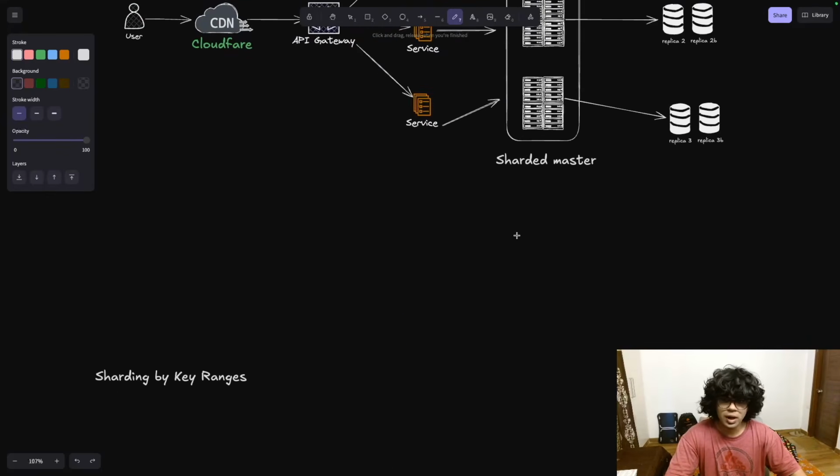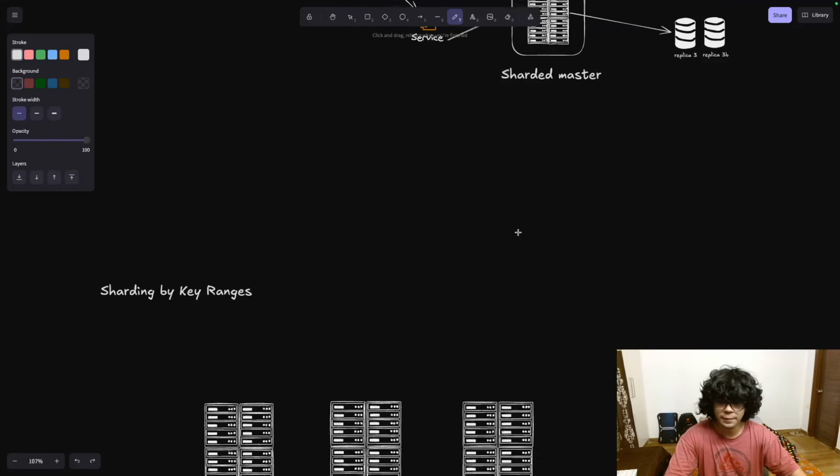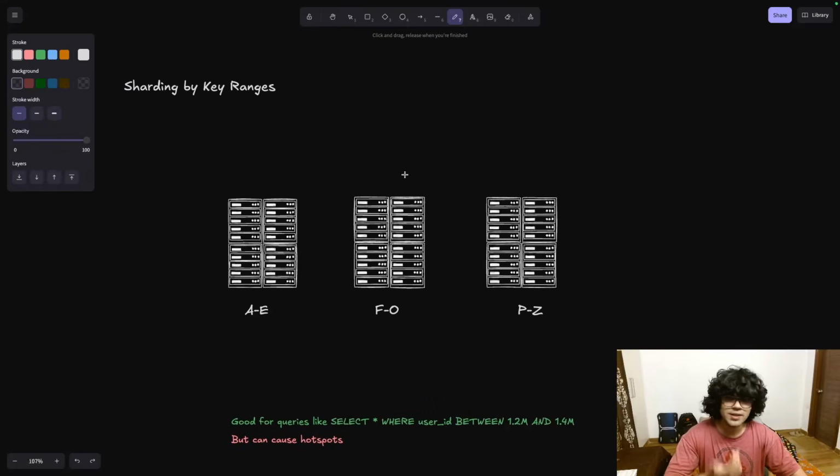Okay, so I'm going to discuss some small strategies about how sharding really works, okay? Let's look at this. This is a pretty simple example. Let's say we have a master DB that contains the users. We're talking about a key value pair, okay? Let's say the key is the name of the person, the value is their information. So for me, the key is going to be RN, and the information is going to be all the stats about myself. Let's assume that we have this DB, and we stored all of this in one single table.